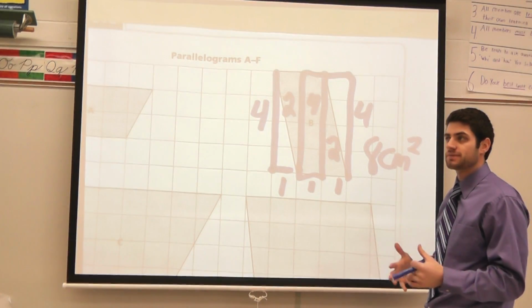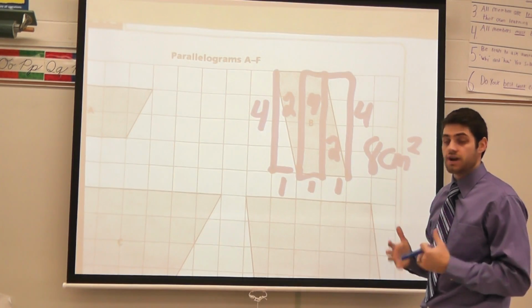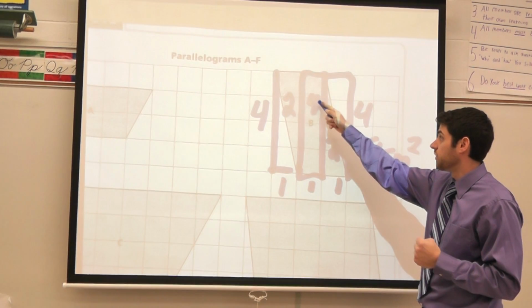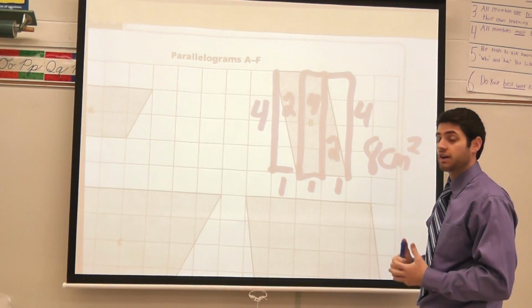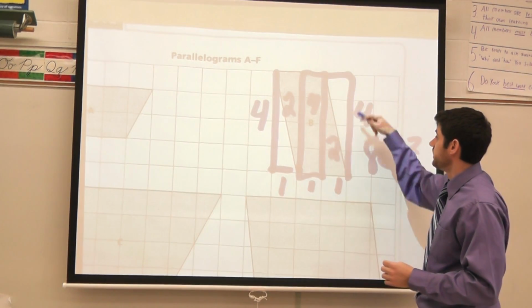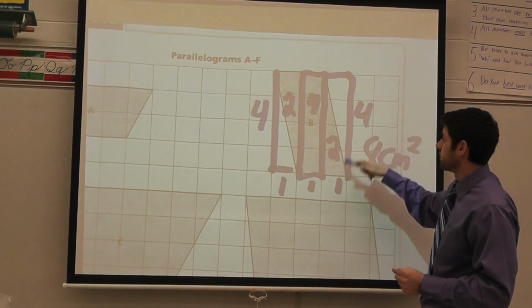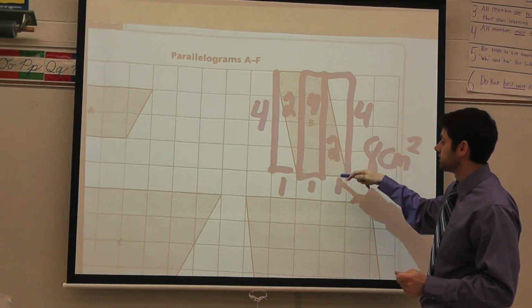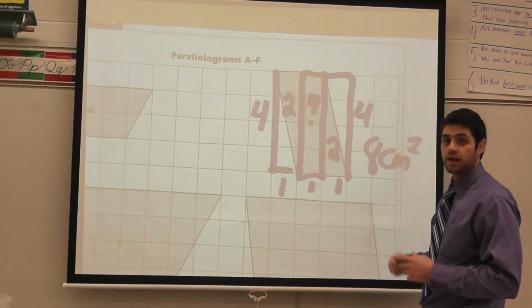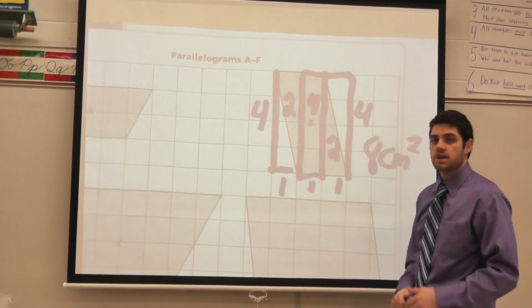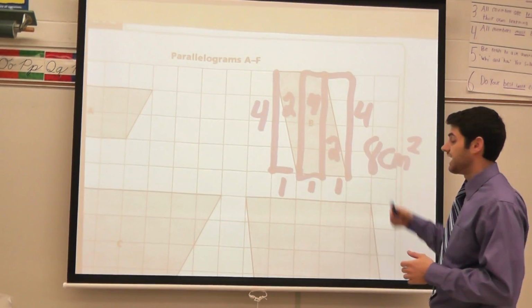I decided to use shapes that I already have some background knowledge on. I already know how to find the area of a rectangle, which was a 1 by 4, which was 4, and I know how to find the area of triangles. So in this one, I decided to make this into a rectangle, a 1 by 4, and then I looked at just the triangle, which is the base times height divided by 2, and it's the same on this side. And then I just added up all my areas together to get 8